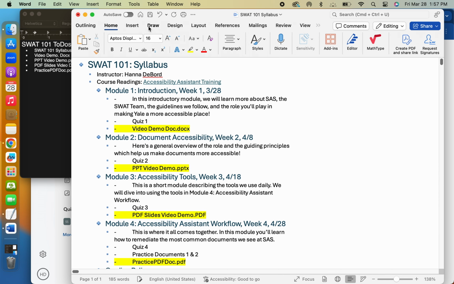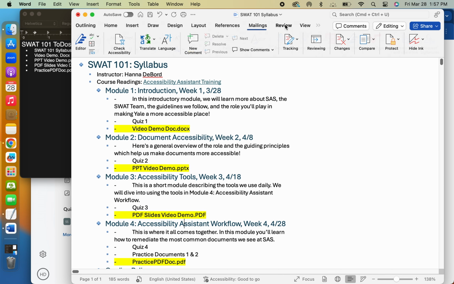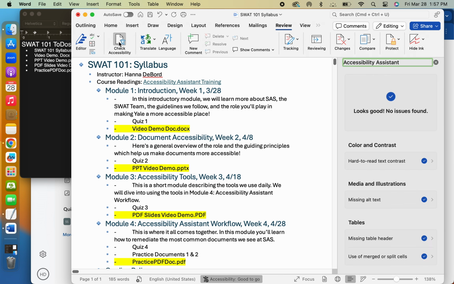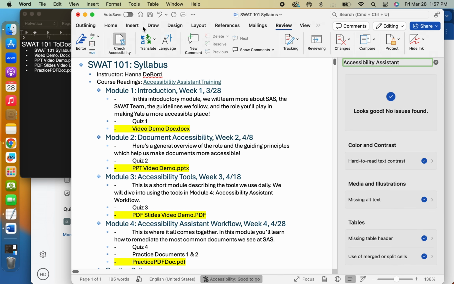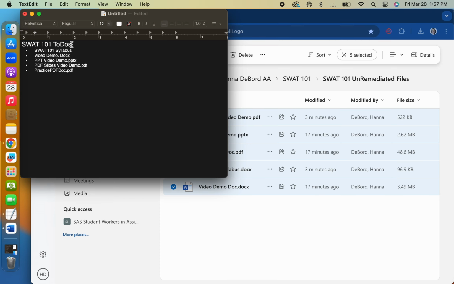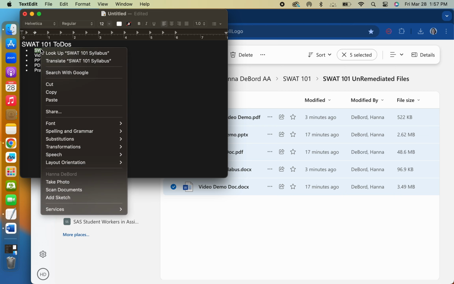Alright, so we'll go to our review once more and check our accessibility, and it looks like there's nothing wrong with it. So that's good, and that's just another thing to always remember. Check your reading order, check your tags, make sure they're in order, even if the services aren't necessarily saying it. So that's good. So we'll check off our syllabus, say it's good,